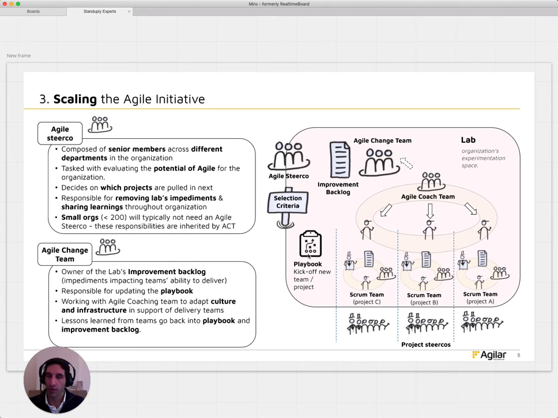This playbook will hold the lessons we learn, ideas, tools, techniques, case studies. Everything goes into this playbook. Its whole goal is to help new projects kicking off get quicker from zero to going.